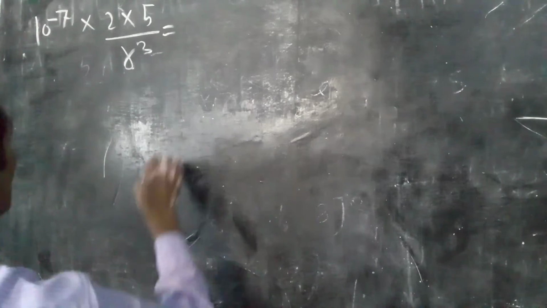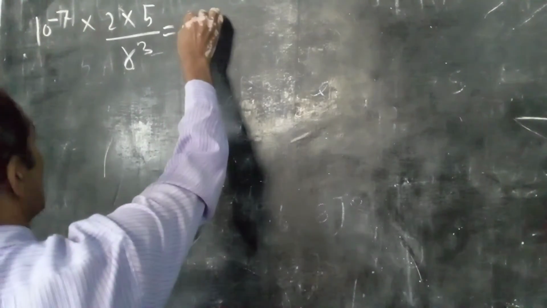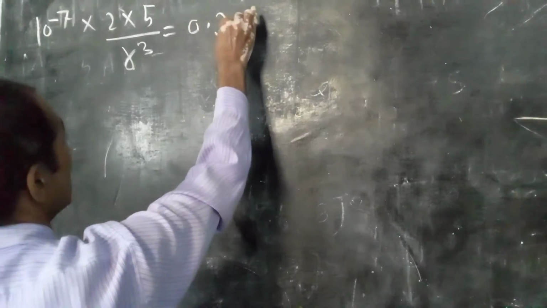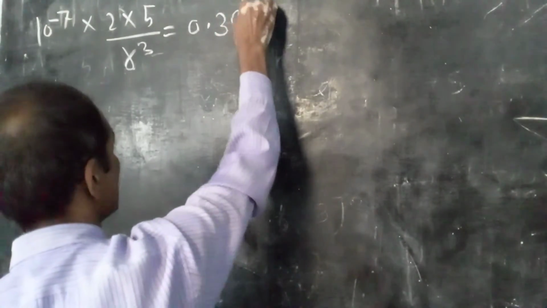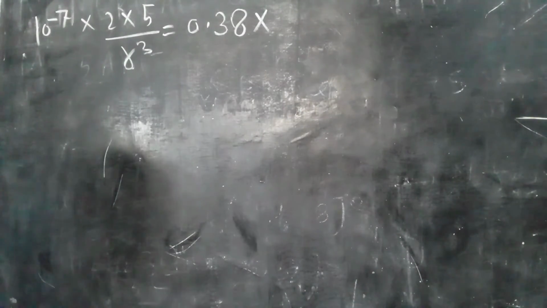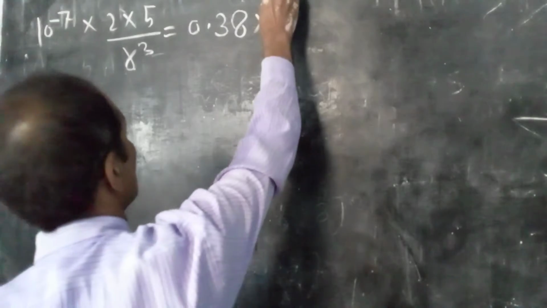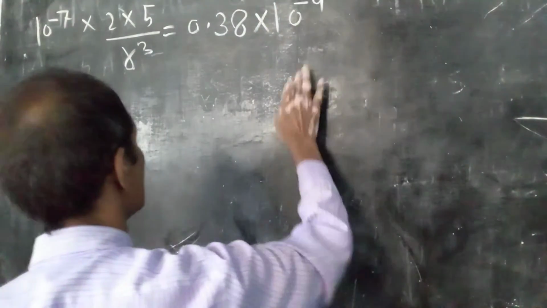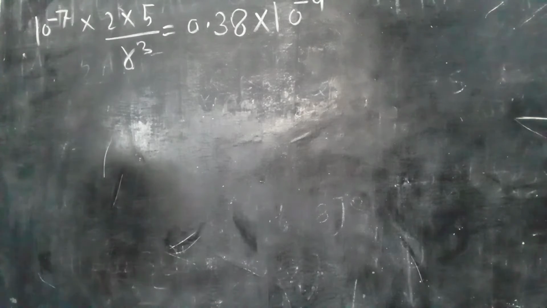So right value of h. Gauss is the unit of magnetic field in CGS system. Change it into SI system. The SI unit of magnetic field is Tesla. The relation between Gauss and Tesla is 1 Gauss is equal to 10 raised to power negative 4 Tesla. So multiply this value by 10 raised to power negative 4. Then this changes into SI system.